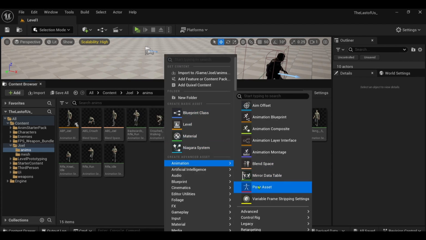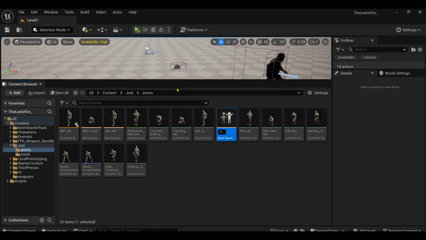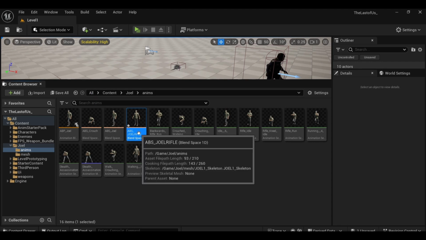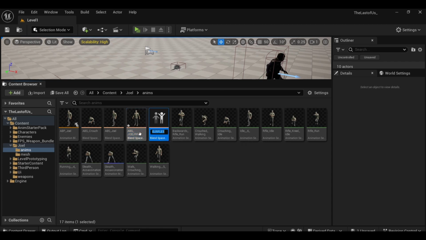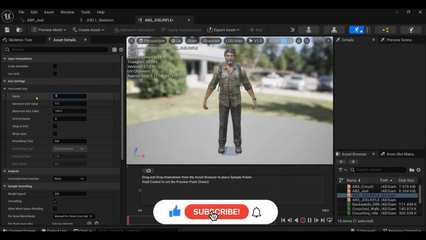Right click, we'll go to animation, we'll go to legacy, we'll create a blend space. We'll call this ABS underscore Joel Rifle. And then we will duplicate this, and we'll call this one Rifle Crouch. Okay, so let's create them. So open up Joel Rifle. Speed, 500, and then get the,